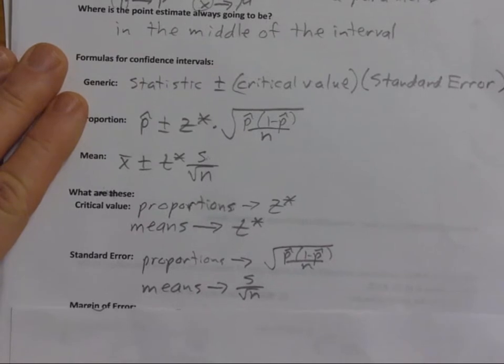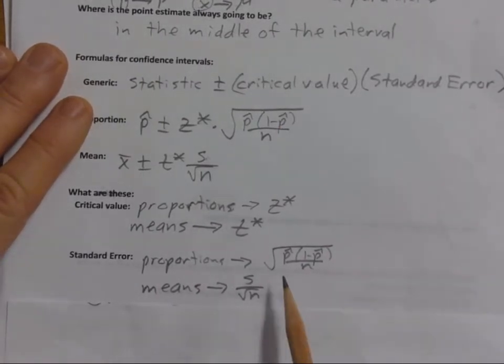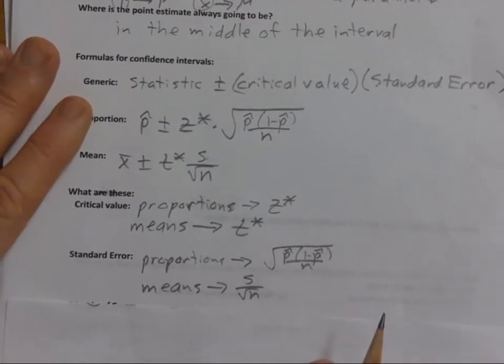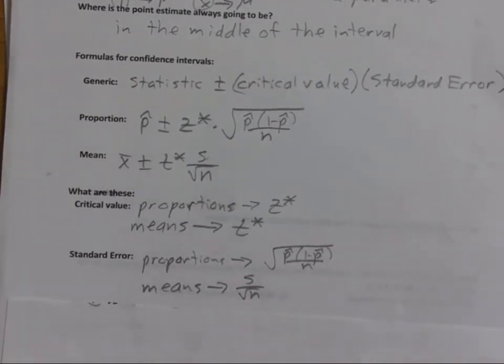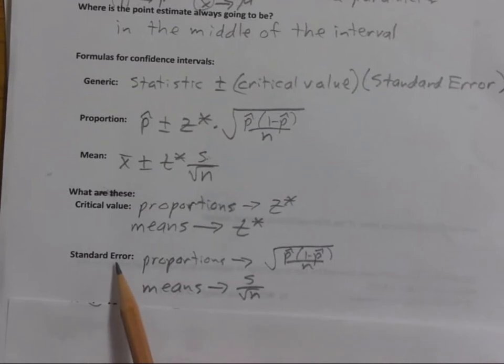So then the standard error. So the standard error, which is just this part of this formula, is right there. And like I said, that formula is on your formula sheet. It is basically the standard deviation of the sampling distribution we talked about last chapter. The square root of p hat times 1 minus p hat over n. The reason we call it standard error